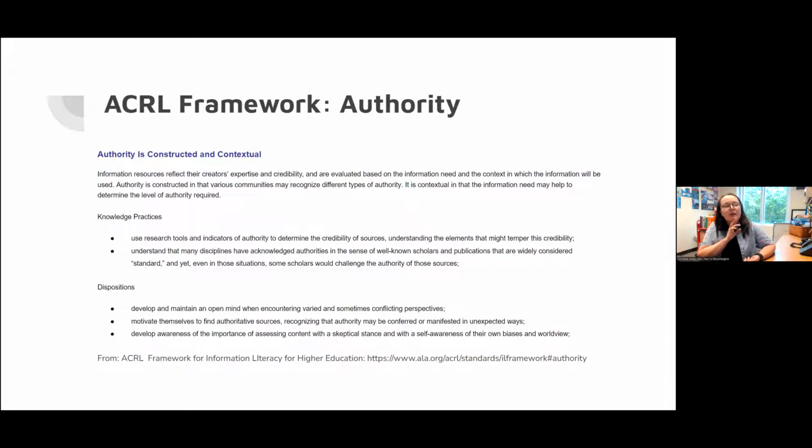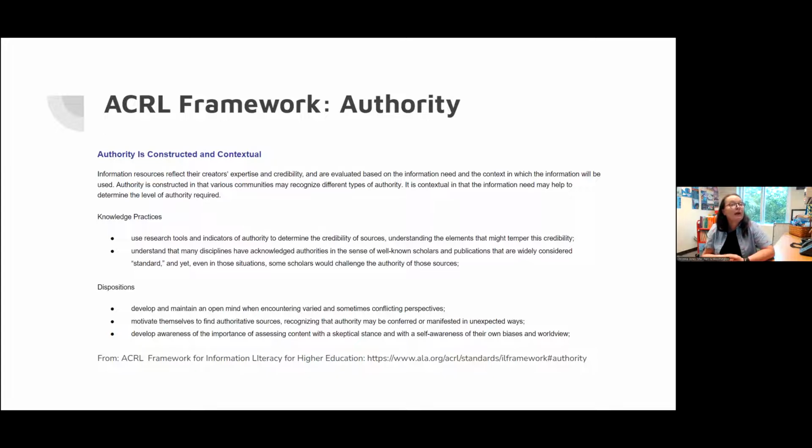And as a result, it was not easy to find a lot of library literature in particular about this idea of investigating authority with data and reporters. And so I was also hoping to break a little ground there to help information literacy professionals, but also students of statistics education who may not go on to be a scholar and a faculty member, but just to be able to feel empowered to use these critical skills related to authority.